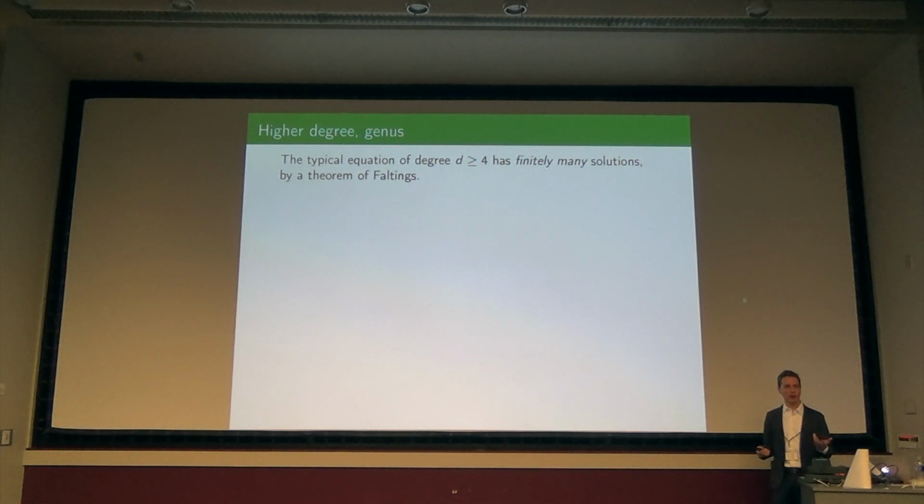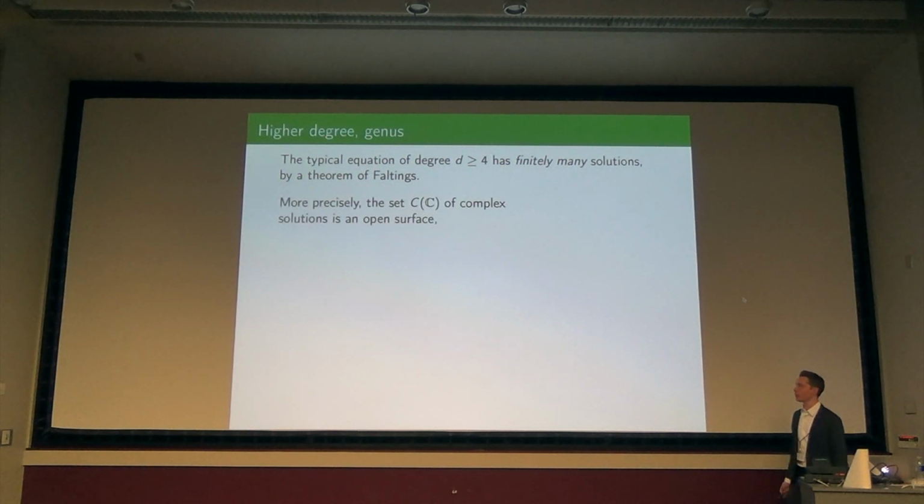I'll be more precise, but now I don't have to worry about parameterizing solutions. I just have an equation, and I know that there are finitely many solutions, and the question is, how do I find them? Make the list of all of the points. Okay? So I'll try to be a little bit more precise right now. If I look at the set of complex points on the curve, so I just take the set of solutions x, y, and I look at the complex solutions, that describes an open surface. By that I mean an open real surface, or maybe a complex one-manifold.